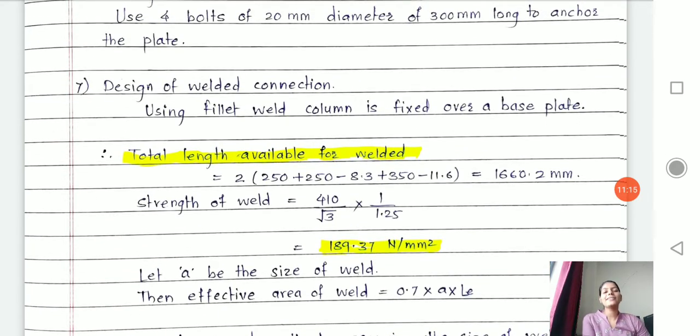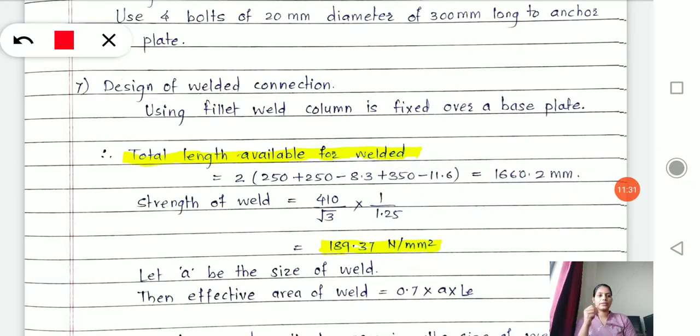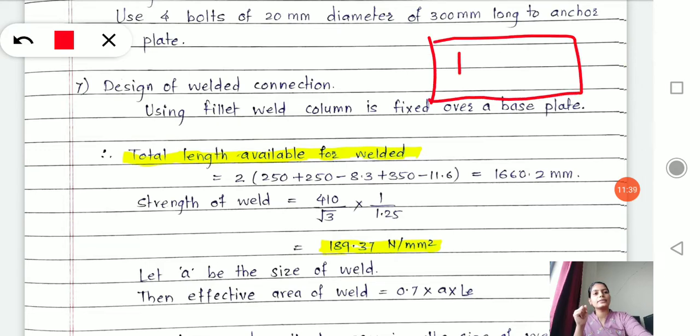Okay. Now next is the 7th step, which is designing the connection between your angle or I section and the base plate. Okay. How we will do that? For that you need to take care of 3 different lengths. See here, this is your base plate and this is your I section.